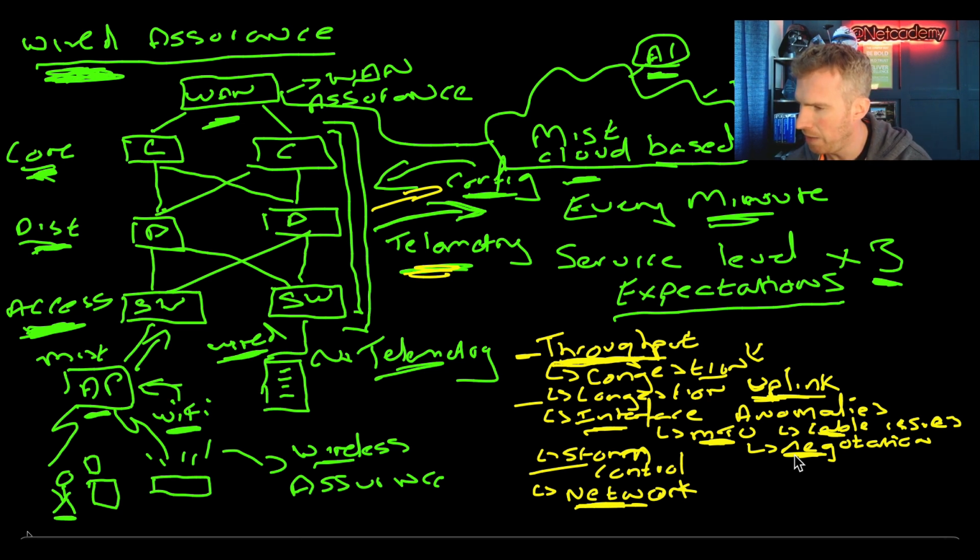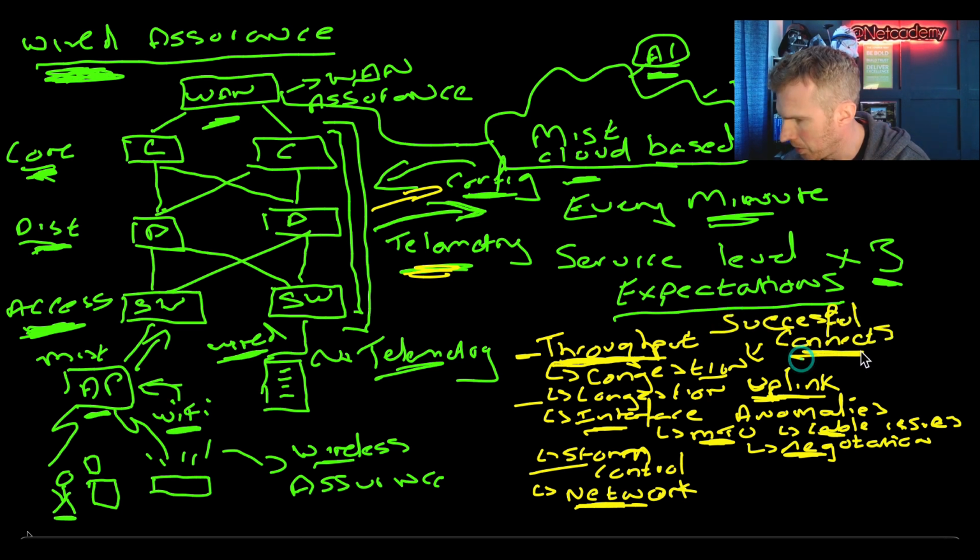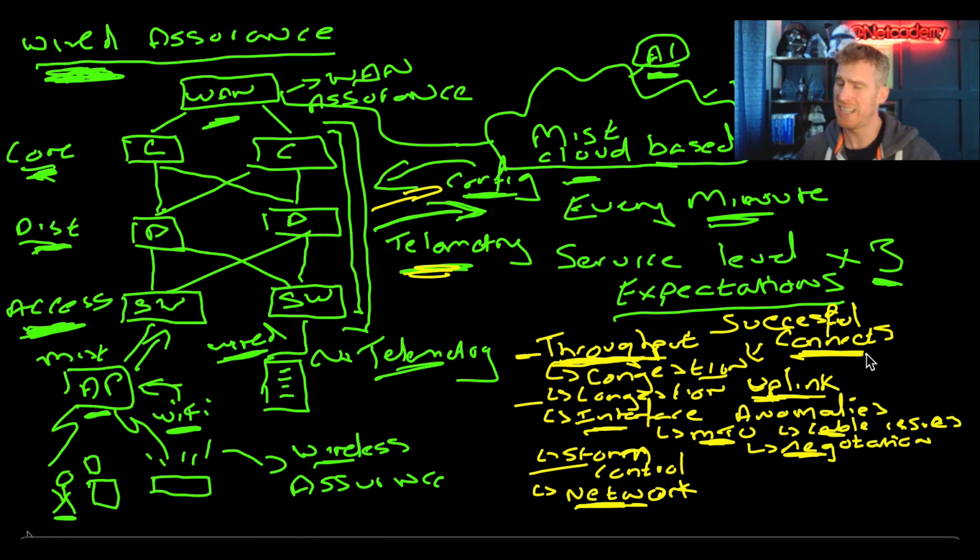You also have, and I'm just going to write it here, successful connects. For successful connects, I'm not going to write out the sub-classifiers or classifiers because there's no more space on the page, but successful connects is as it sounds. Are the wired clients connecting successfully to that switch network? And if not, why not? Is it DHCP or is it authorization? Is it something like the RADIUS server is not being reachable? Why are these clients not getting connectivity successfully to your wired network?